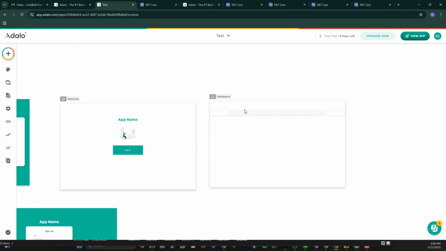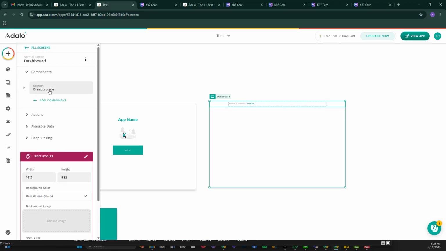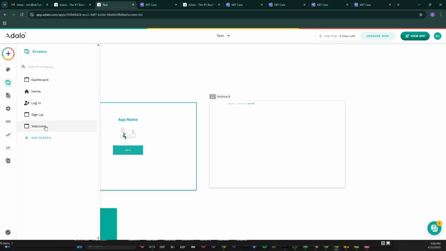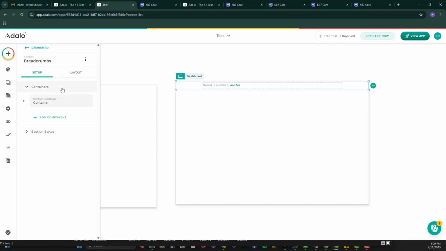So you can just drag that out there, and with the breadcrumbs. So inside that section here, it's so-called breadcrumbs. So let's click that dashboard. The section is composed of a container and then a component. So these are all the components. It's a main text, icon,